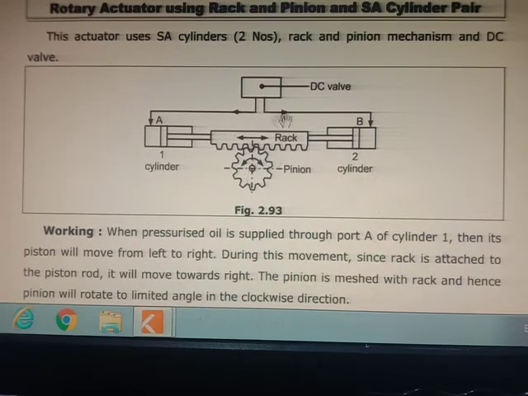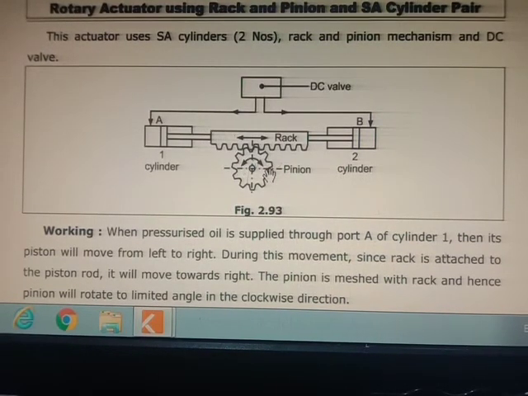When the oil comes through these cylinders, what will happen? In this cylinder, the rack is provided here. Suppose the oil is coming from this port A. As the oil comes through, this piston will move in the forward direction. This rack will move, and as this rack moves, this pinion will rotate by some degree, and this will be our output. The pinion will not rotate a full turn, it will rotate by some degrees, let's say 60 degrees, 80 degrees, 90 degrees, or 110 degrees, but not 360 degrees, right?